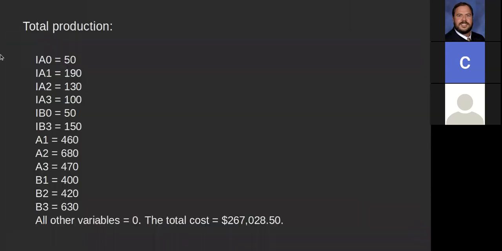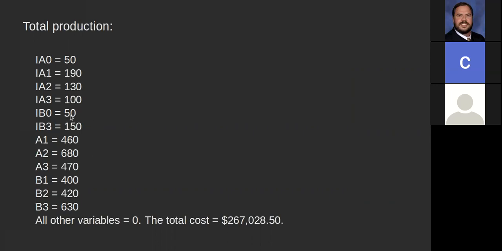And just so you can see here, our demand for inventory A0, which was our beginning inventory, is going to be 50. The amount of inventory we're going to have for our generator 1, the BR54, is going to be 190 in August, 130 in September, and 100 in October. For our second generator, the BR49,